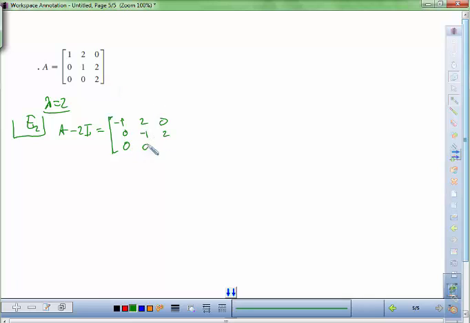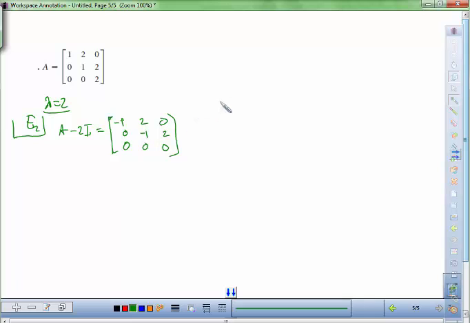And then 0, 0, 0. So we're guaranteed at least one dimension, well, exactly one dimension for our null space. And so if we reduce this, what are we going to get? If we find a null space, we say